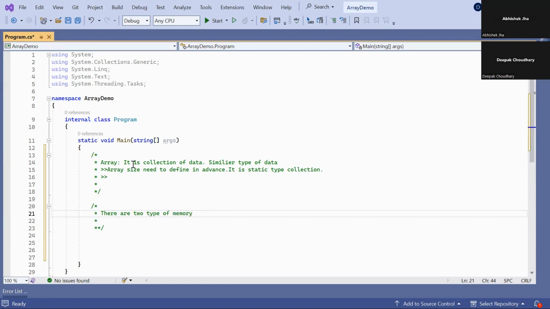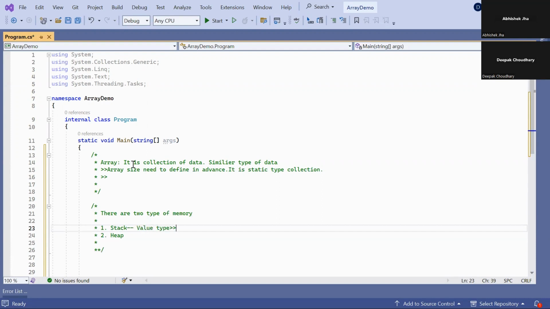So there are two types of memory storage. The first one is stack, and the second one is heap. Stack memory is a value type.